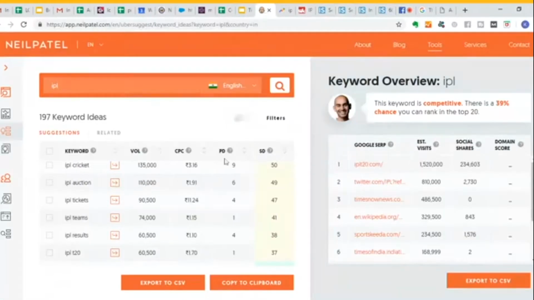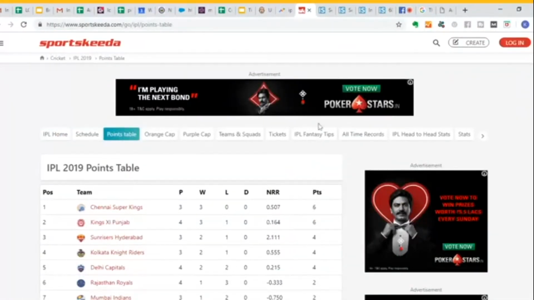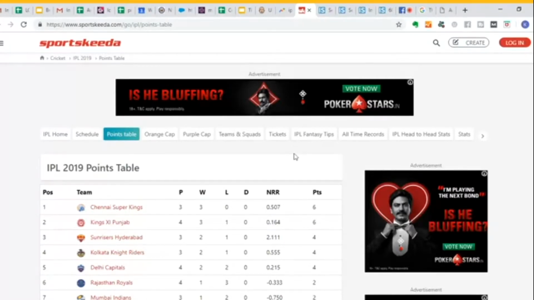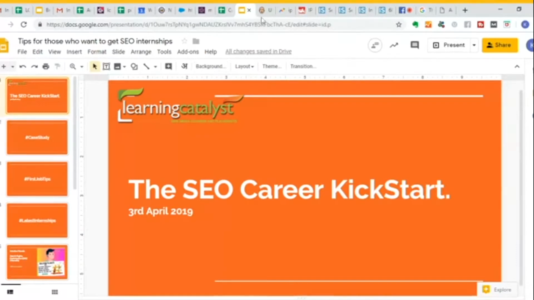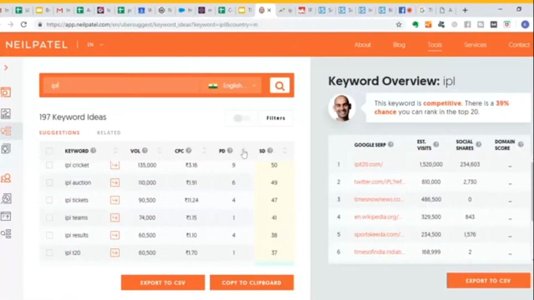So this is the way to really build pages around the keywords that you get in a scenario where you find a lot of keywords, say, 8 to 10 keywords, and each having a very decent volume. So that was one case study that we thought it would be good to share with all of you.